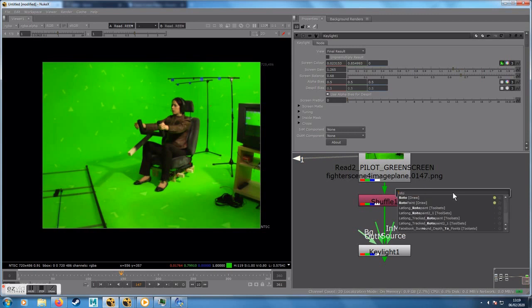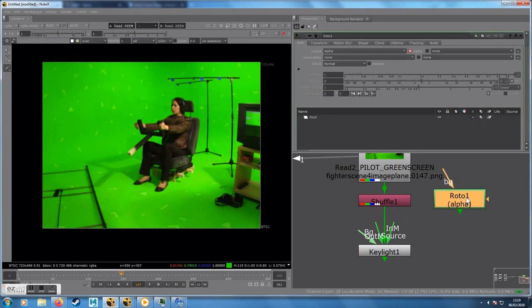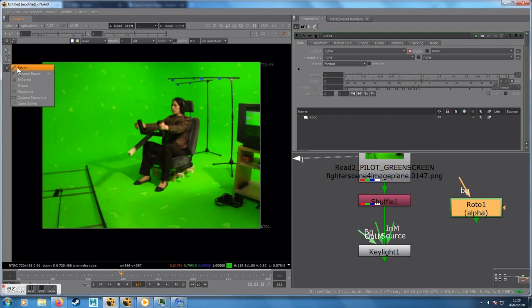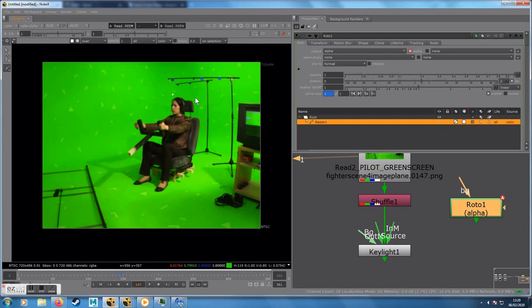So we're going to find a roto node. We tab the roto, and we'll make a roto node. So we're going to rotoscope a Bezier shape around the pilot. So go to Bezier, and make points, and pull out handles from the points so that we get a rounded shape. We just want to go fairly close to the pilot,